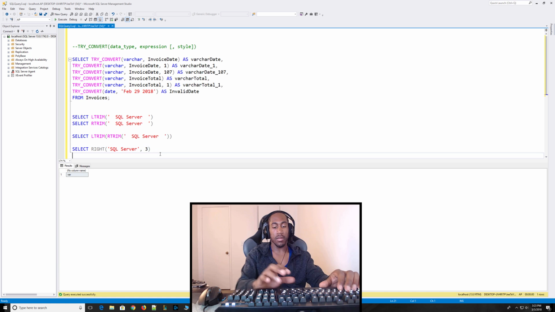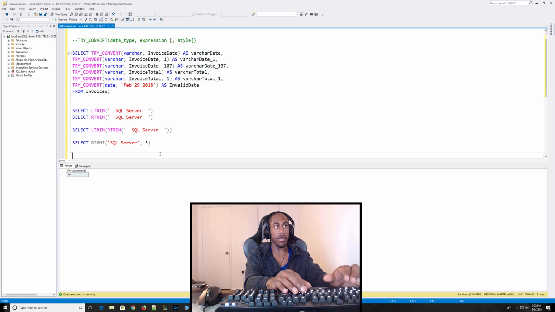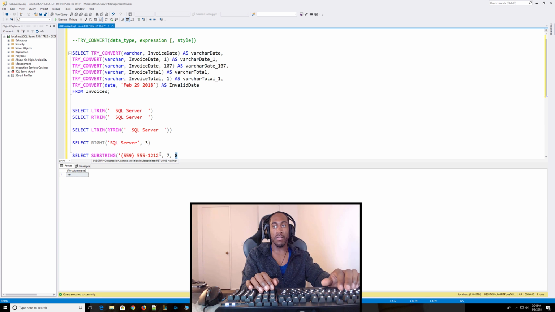Now let's look at substring. The substring is supposed to return a specified number of characters from the starting point of the string to the ending point. So I'll say select substring, and then the first thing I'm going to drop in there is my string, and in this case I want to try to use a telephone number, so I'm going to say 559, and then I'm going to put a space there, and I'm going to say 555-1212. That's going to be my string, and then my starting position is going to be 7, and then my ending position, which is going to be the length of how many characters in the string that I want, is